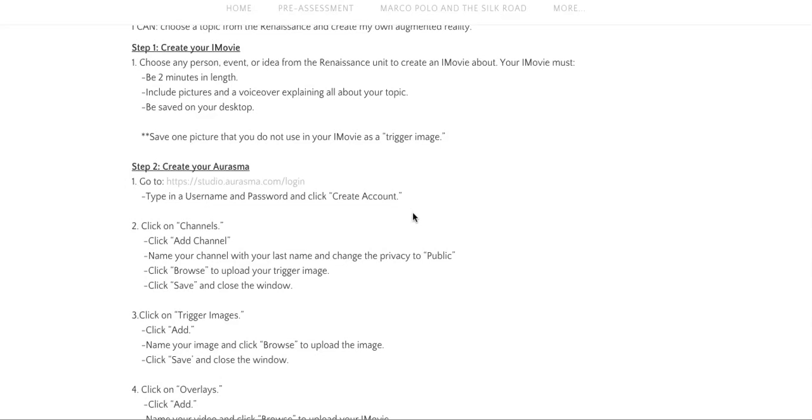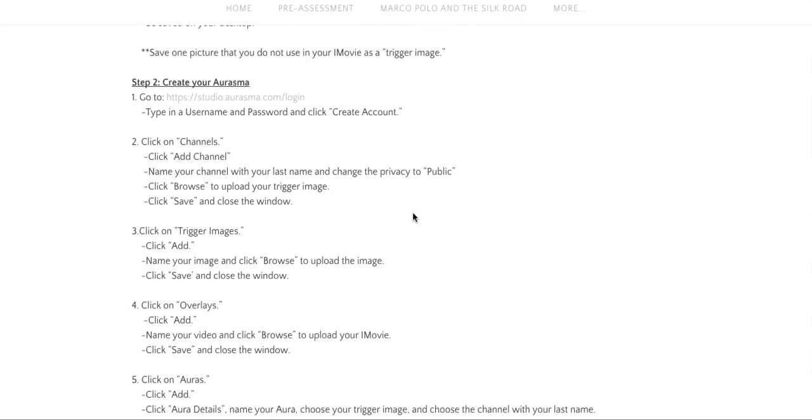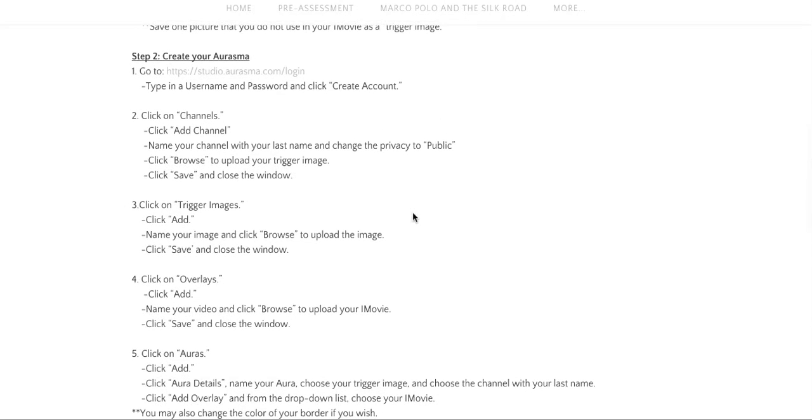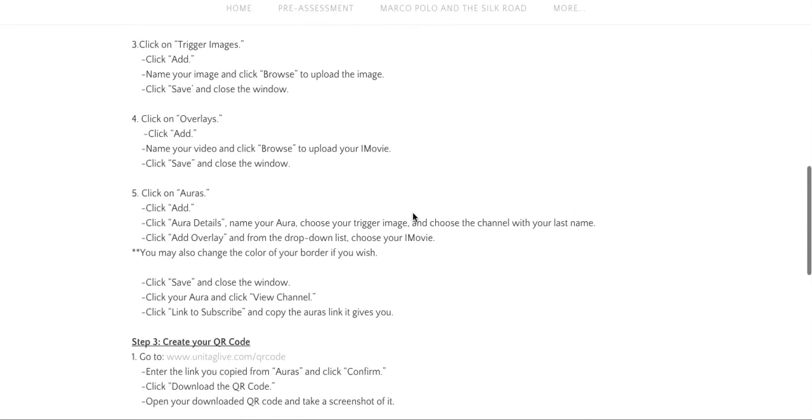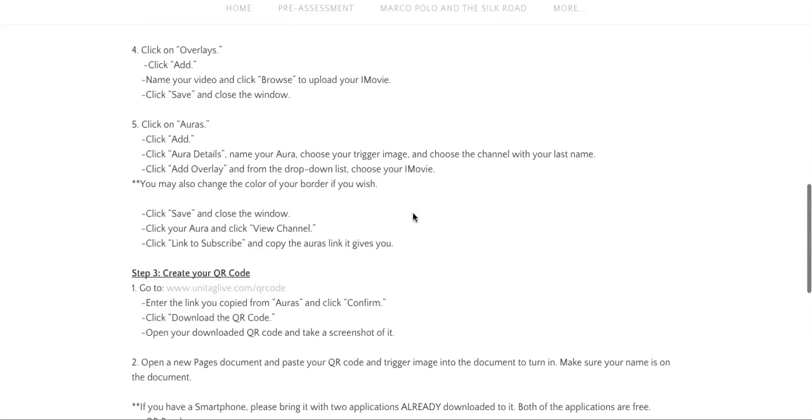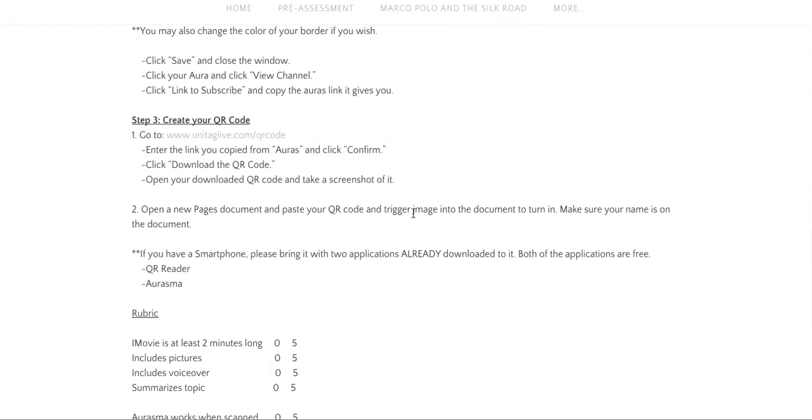They'll then save that iMovie to their desktop, although they have to save one picture aside that they will not use in their iMovie, and that's called a trigger image. I then give them the directions on how to create an account for Erasma. They'll need to create their own channel, and then it goes on to tell them how to input the trigger image, the overlay, and once again their iMovie will be uploaded to this trigger image. They'll also create a QR code which will be formatted on the Pages document with the Erasma, and those we